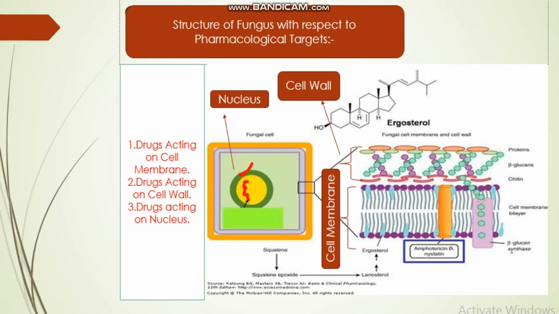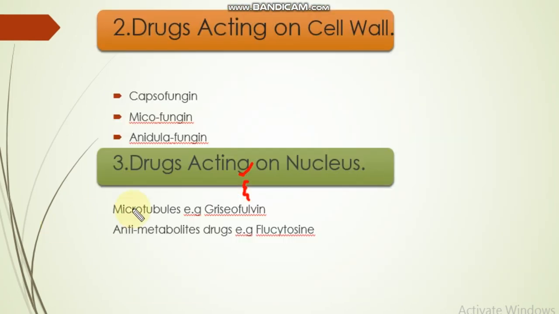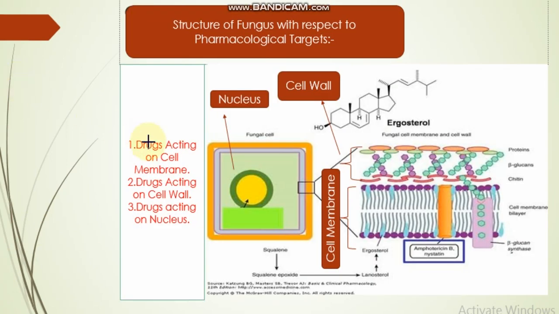And the second class is the antimetabolite drugs, e.g. flucytosine. So how does flucytosine work? Let's visit the structure of the fungus. Flucytosine enters into the fungal cell through the cytosine-specific permease, and is responsible for the antimetabolite mechanism, the inhibition and metabolism of the